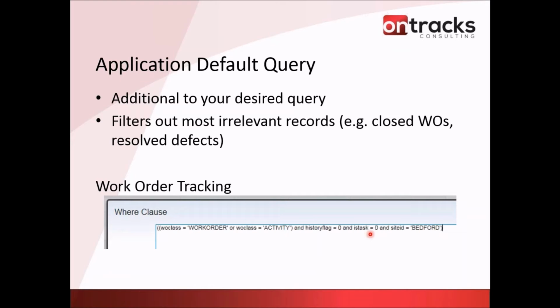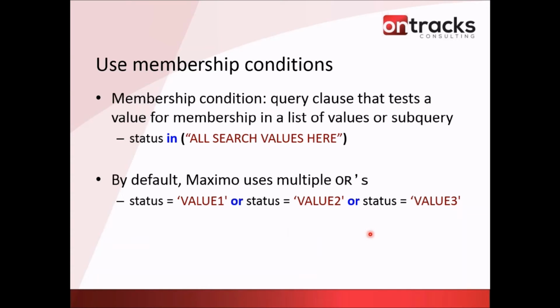Staying with the same type of queries, I want to talk about using membership conditions. A membership condition is a query clause that tests a value for membership in a list of values or a subquery. So what does that mean in English? It means that instead of looking for values individually, let's say you want to look for a work order that is in 3 or 4 different statuses, you're going to make the database query look for these values as a group. As you can see here, the most common membership condition is IN. So it's going to be, for example, status in, and we're going to put all the search values here